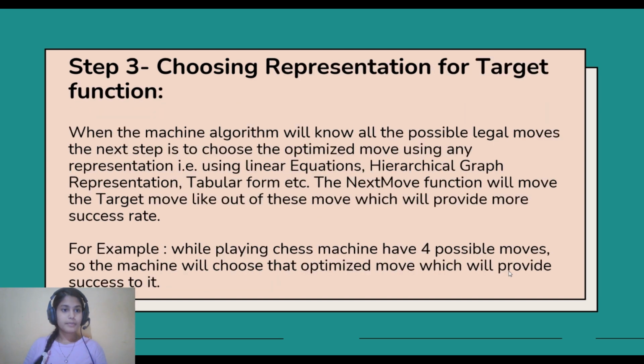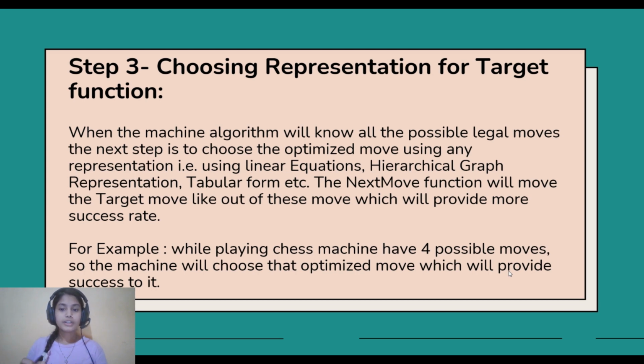Now, the next step is choosing representation of target function. When the machine algorithm knows all the possible legal moves, the next step is to choose the optimized move using any representation, that is linear equation, hierarchical graph representation or tabular form, etc. The next move function will choose the target move out of these moves, which will provide more success rate.